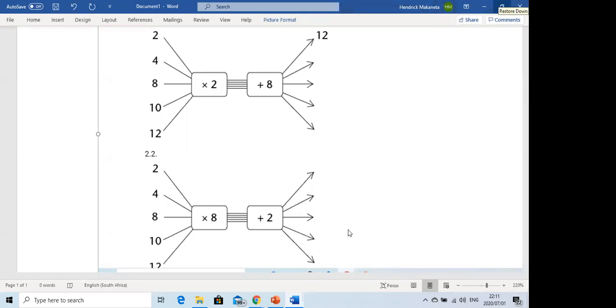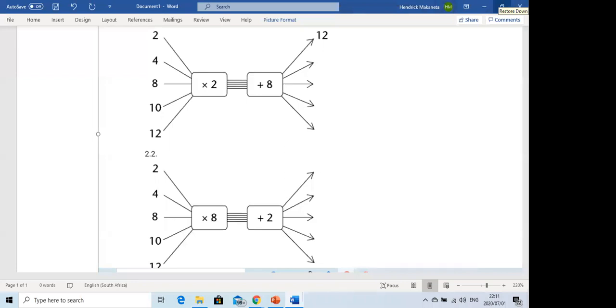All right. I see that you have done the correct answer. Natalie, 66. How did you get 66? 8 times 8 is 64, and 64 plus 2 is 66. So I fully agree with your method. That is correct. So I was just introducing these flow diagrams to demonstrate the relationship between numbers